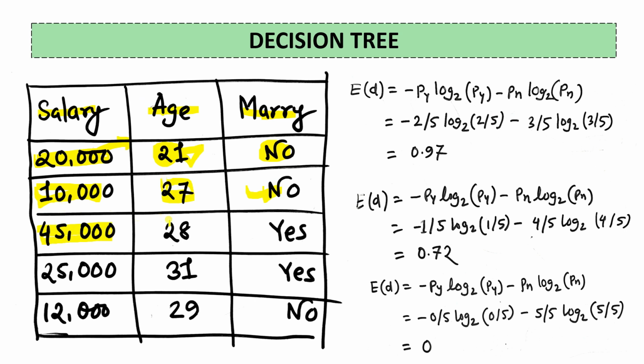So if the age is 28, the answer should be yes, he can marry. And if the salary is 25,000 and the age is 31, he can also marry, because